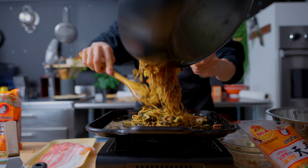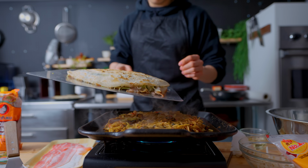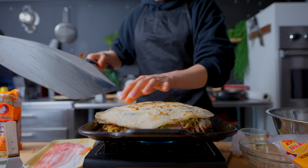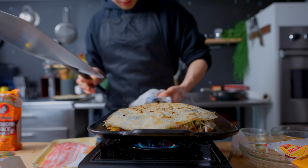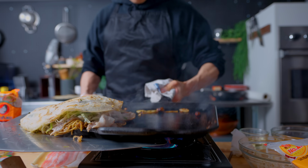Now to assemble the full dish. Sanji, just like in the show, needs to steal his opponent's dish, so we are stealing the yakisoba that we made earlier, spreading it onto the cast iron, and searing that just for a little bit of heat and structure before attempting to slide the okonomiyaki back on top. After letting this settle and cook for roughly another 3 minutes on low heat, we remove the whole thing once again with a little bit of difficulty as the noodles are not one solid mass yet,